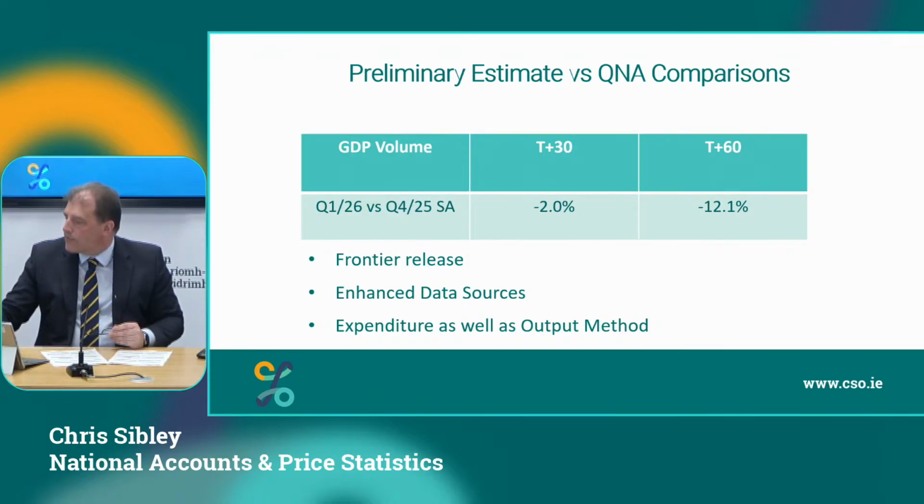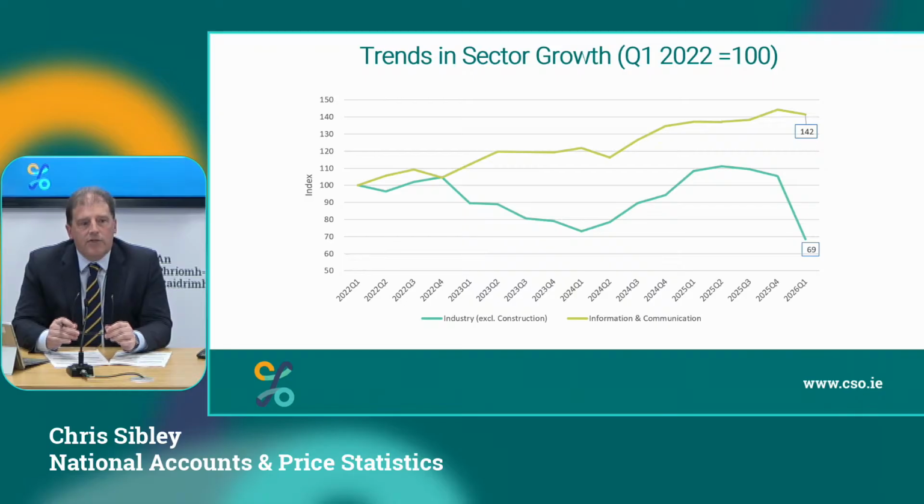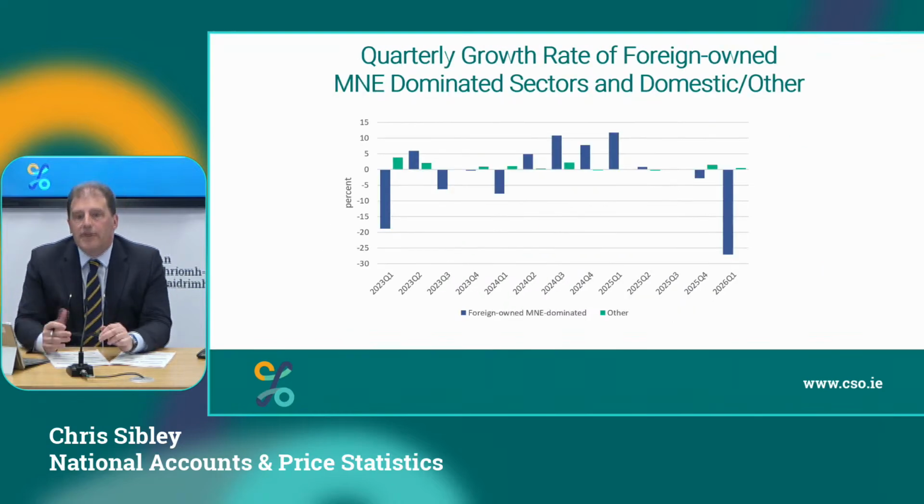If we look at those multinational sectors, there's a small fall in the ICT sector. Over many years we're seeing continued growth in the ICT sector, but there's a small fall this quarter. But it's the industry sector in green, which is largely driven in the last 24 months by pharmaceutical data. We just publish industry in the publication today, but it's a fall off in that data in Q1 that's driven the results. And we can look at our sectors in terms of multinational and domestic, so foreign dominated sectors and domestic dominated sectors, these activity sectors in the economy.